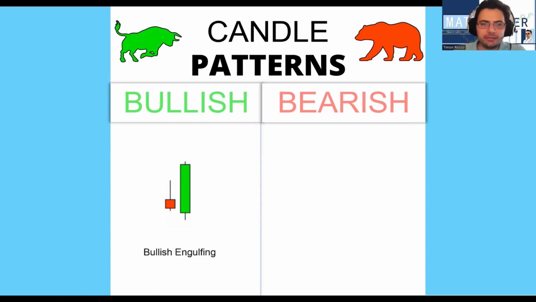The first one is bullish engulfing. The bullish engulfing is where the green candle engulfs, or eats away, the previous candle's movement. So in this case, there is a small down candle, and then it made this bullish engulfing candle, ate the small one, and basically is saying, nope, we're not going down, we are going up. That is a strong bullish candle.